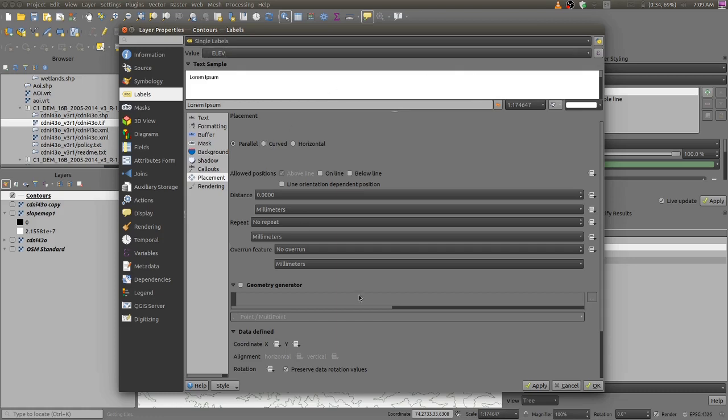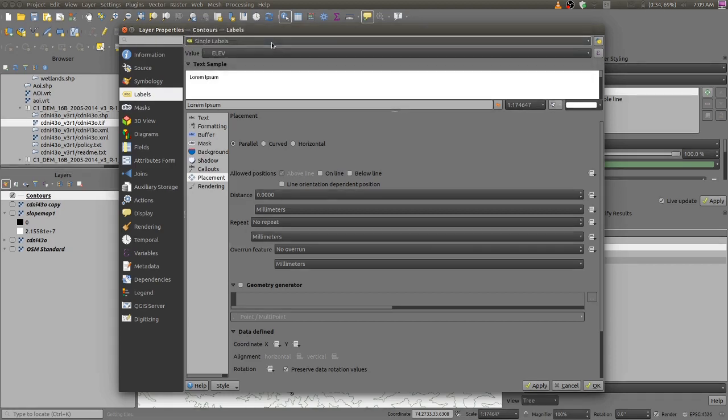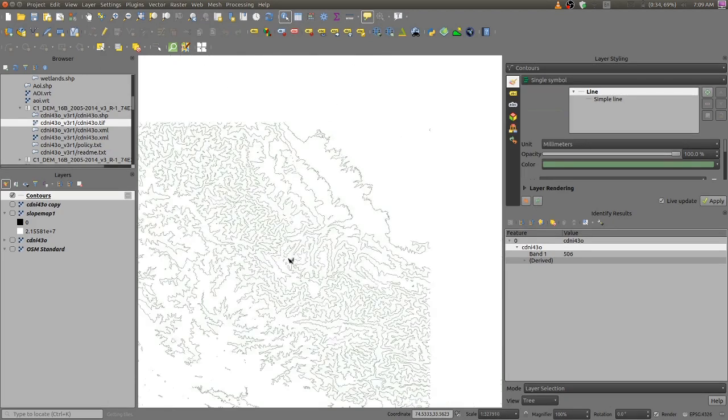And here, apply, and let's see. Yes, now you see the contour values are labeled here. So this way you can create a contour. This is one of the ways of creating a contour.